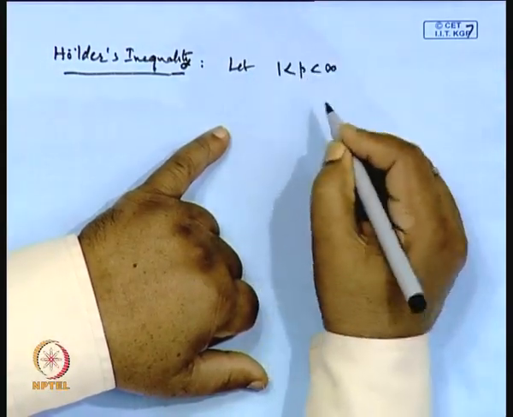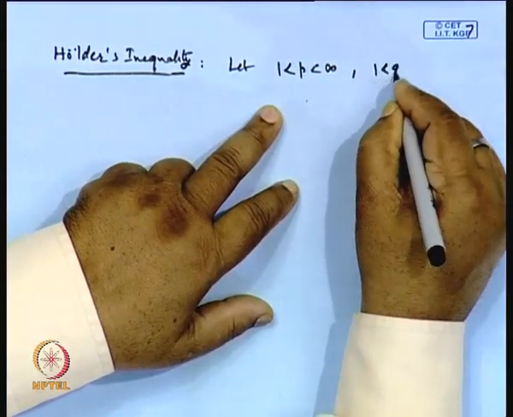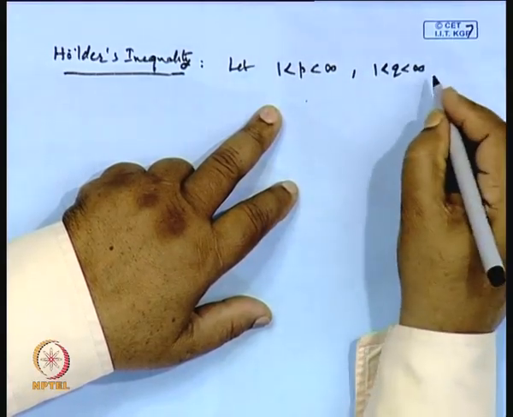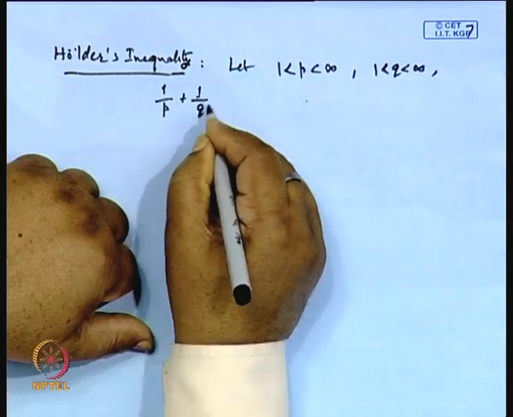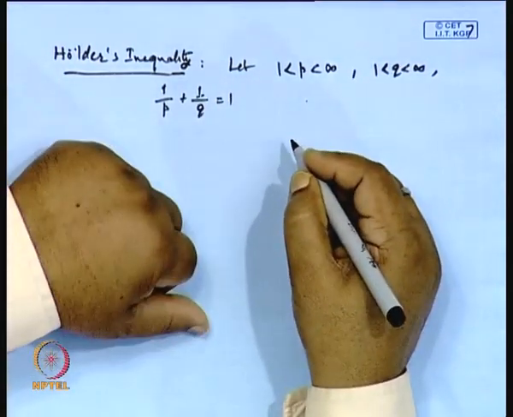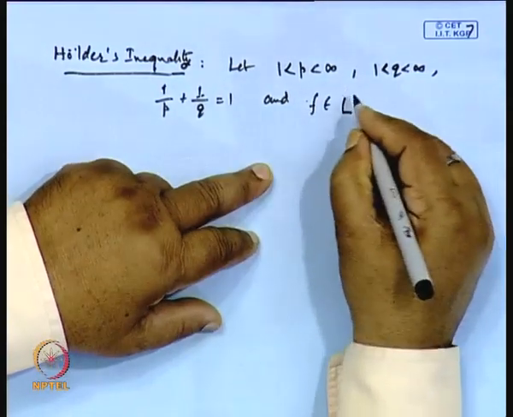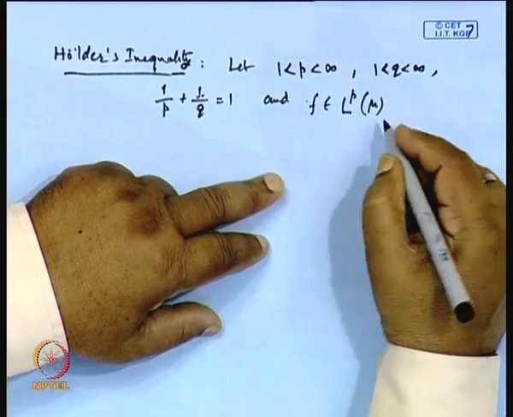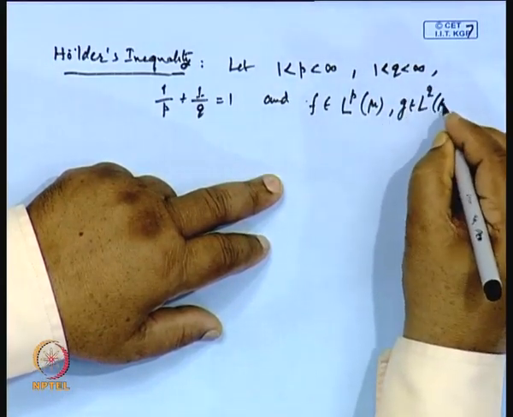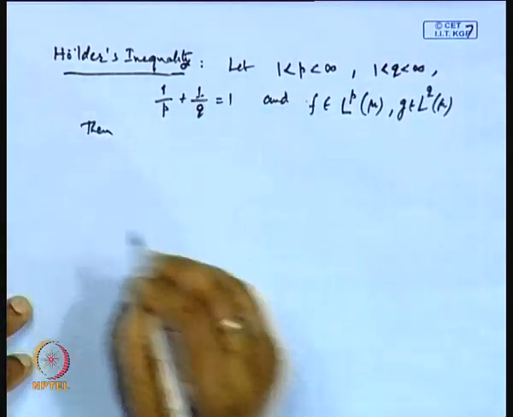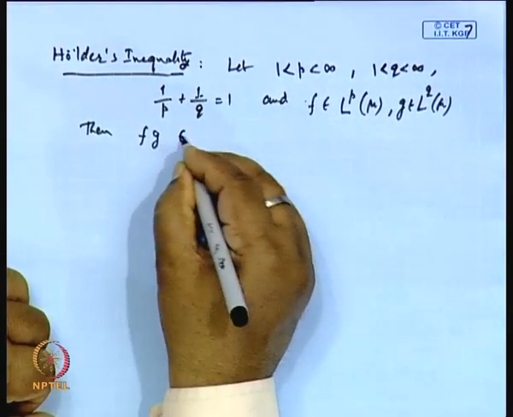Let p be greater than 1, q is also greater than 1, and 1/p plus 1/q is 1, and let f belong to L^p(mu), g belongs to L^q(mu). Then Hölder's inequality theorem says that fg must be a point of